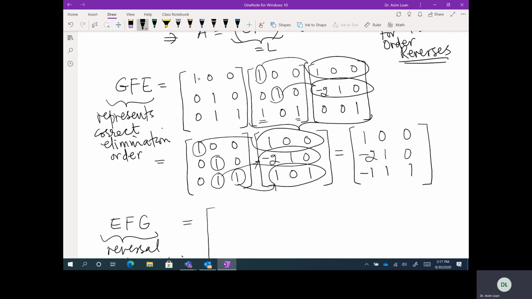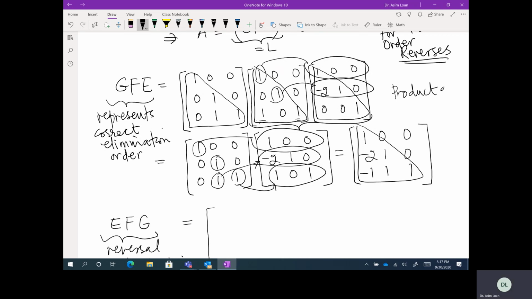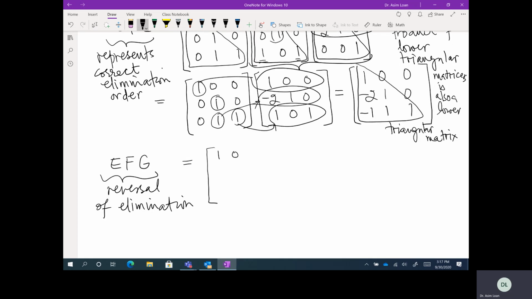And before we do that, this is a lower triangular matrix. This is a lower triangle. So all elementary matrices are lower triangle matrices, and their product, the product of lower triangular matrices, is also a lower triangular matrix. So you can go home and see if I have E is 1 0 0, minus 2 1 0,